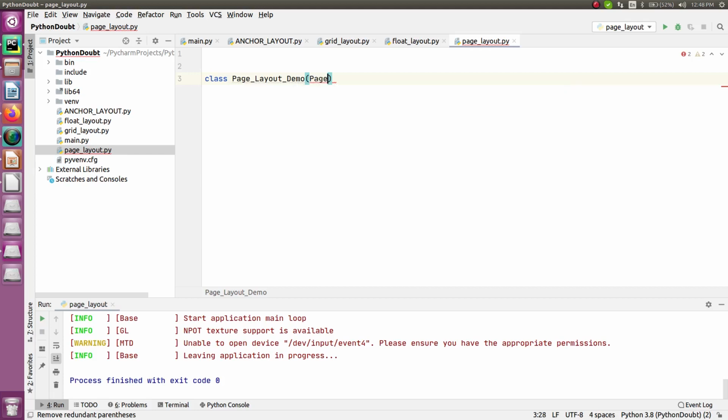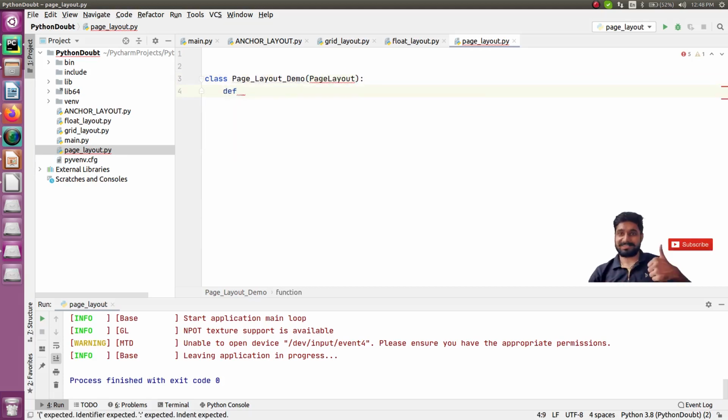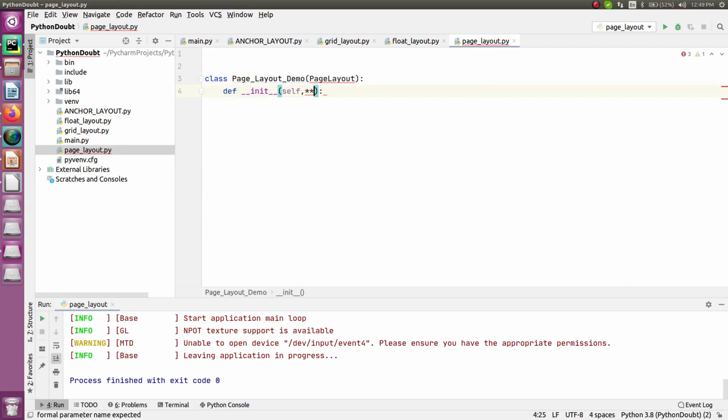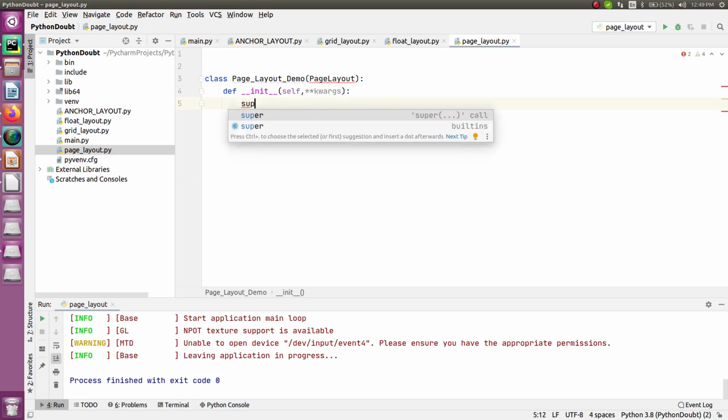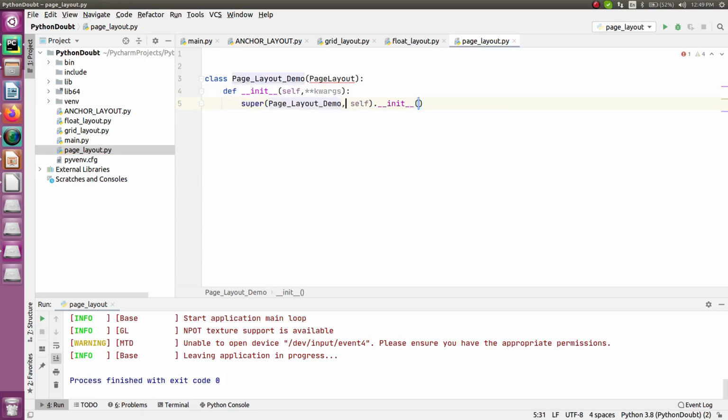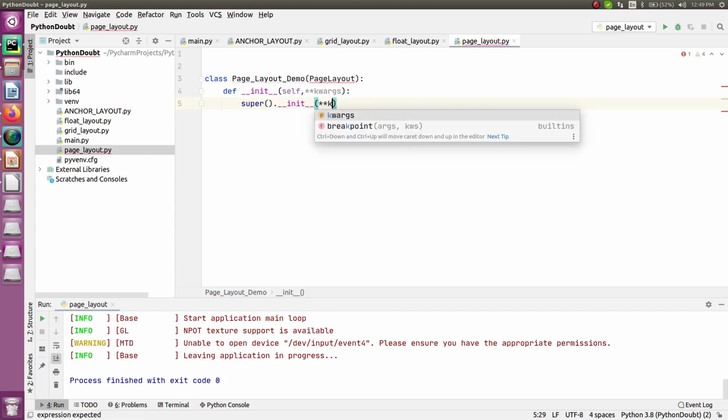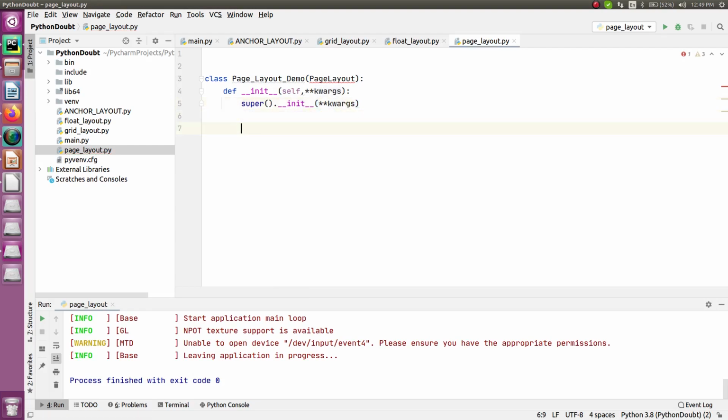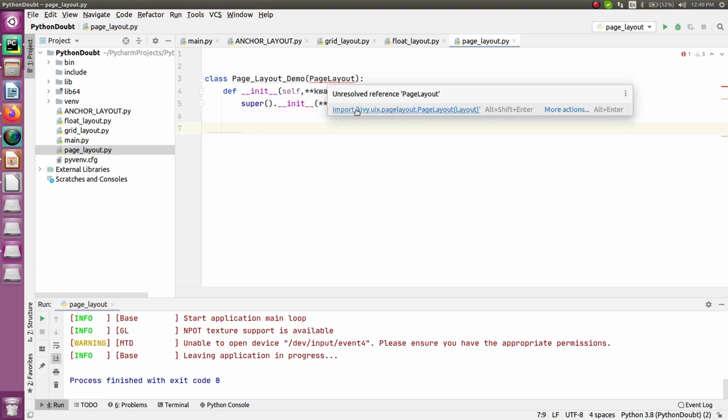So just write the name for it, and in here just create a method, and that method will be an init method, and in here just set the keyword arguments, right? So I'm adding it. Similarly, add the super method, and just remove this from here, you don't need it. And in here just add the keyword arguments. Perfect.